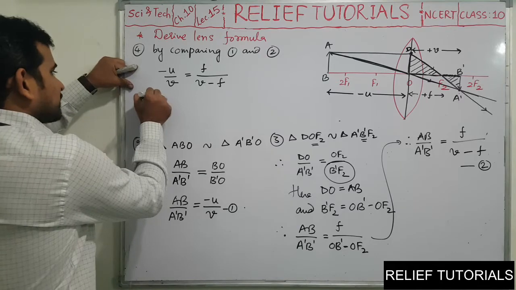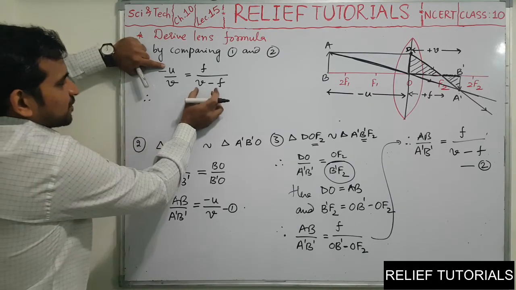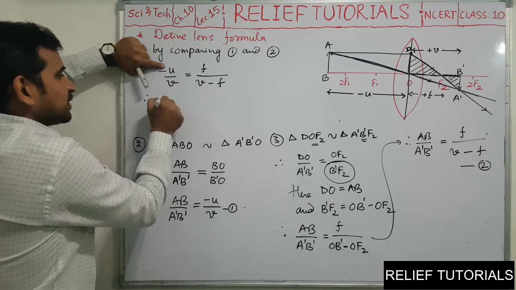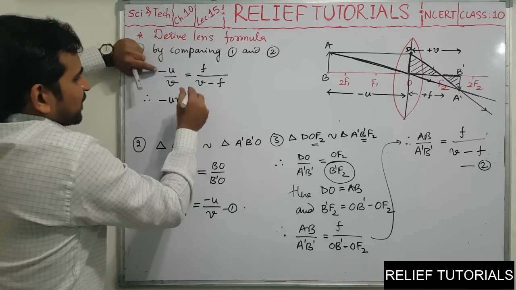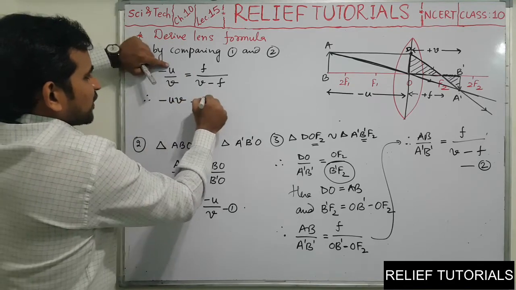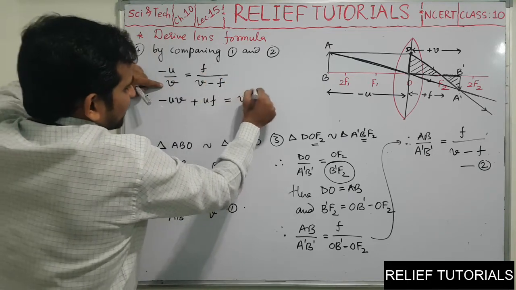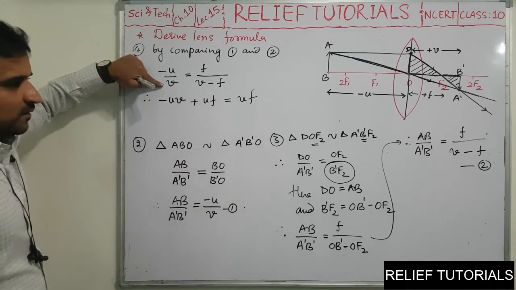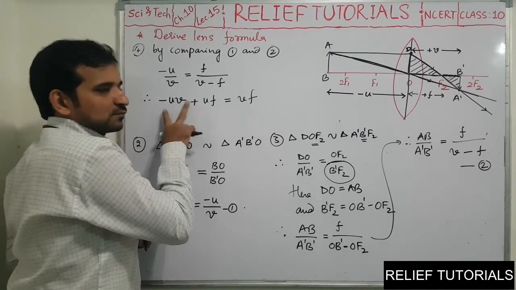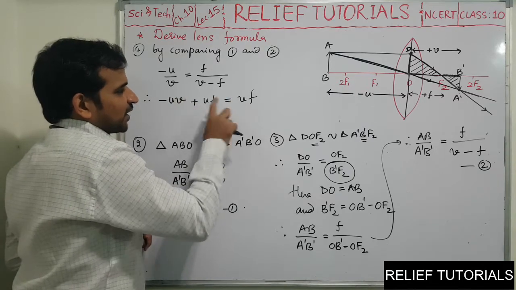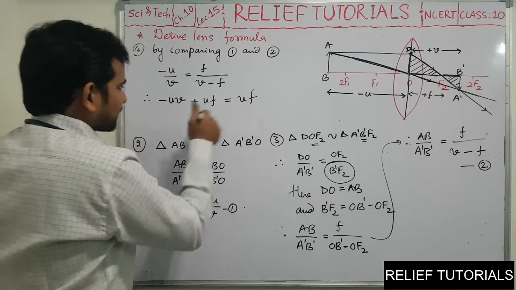Now simply mathematical cross multiplication, therefore see this minus U will be multiplied with V minus F, so minus U into V minus UV, minus U into minus F, so minus minus plus U into F means UF, and that is equals to V into F, VF. So look at this statement. We have 2 times U, 2 times V and 2 times F. Let us reduce it by dividing the whole equation.